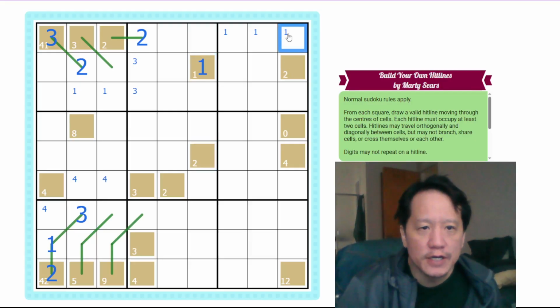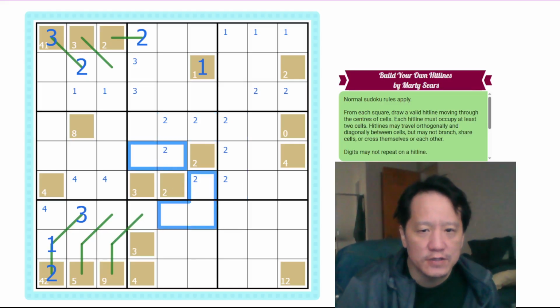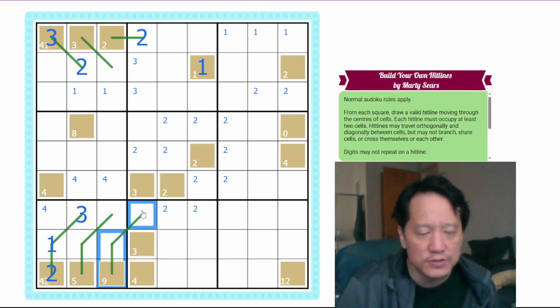We know, again, so 2 cannot be either of these. 2 has to be one of those 2 to match this 2. Again, we have to have 2 surrounding one of these cells and 2 surrounding one of these cells. This has to have at least 4 cells. It could go down this way. No, if it goes down this way, then this has to go that way, and this doesn't have a way